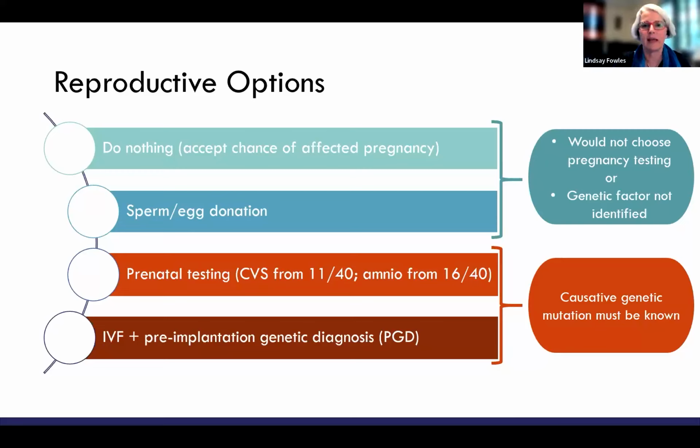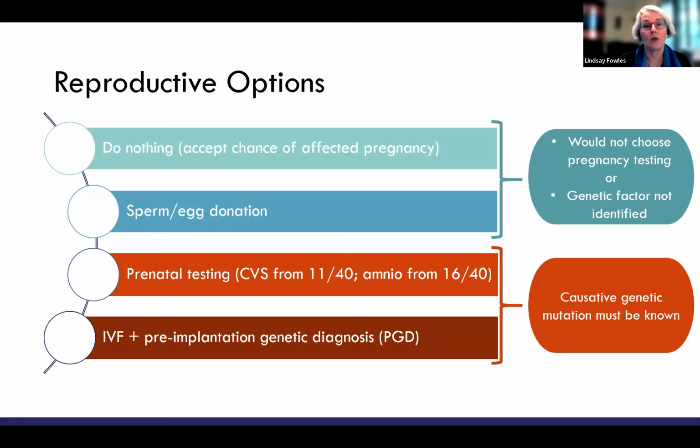And so I just wanted to flag here that for a family where there is a genetic condition, these are some of the possible choices. And doing nothing is always an option. This is what's been happening in families for generations already. In some families, there are people who are inheriting these conditions, and you learn to live with it and you manage it. For some families that I've spoken with, they go, well, what's the big deal? All families have challenges, and this is just a challenge that our family deals with.